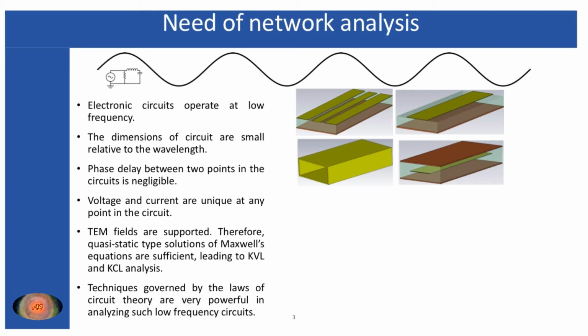Already I have given the introduction for the microwave range of frequencies in the microwave regime. So therefore, the wavelength corresponding to kilohertz or megahertz signals is very much larger than the electronic circuit which we generally use for such kind of signal. As a result, the phase delay between any 2 points is negligible, and that is why the voltage and current at a particular point can be defined uniquely.